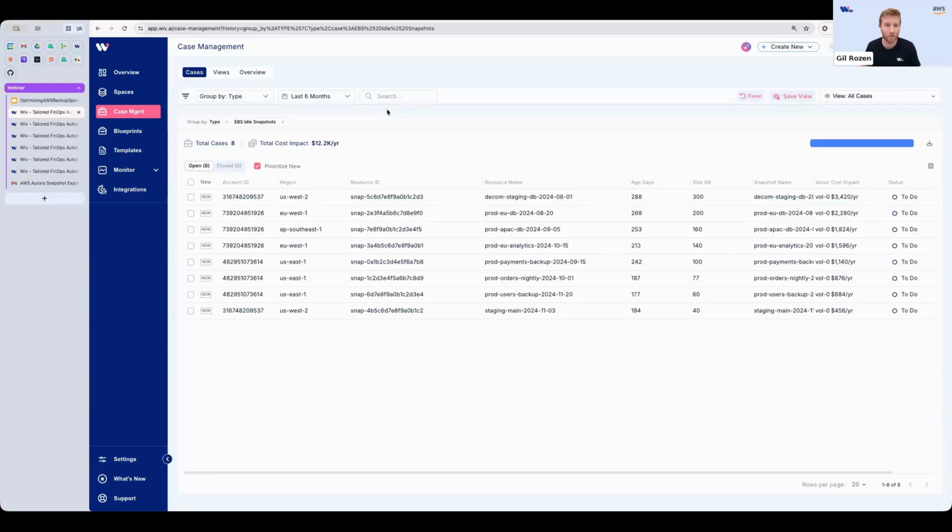You don't know who is the owner. You don't know what are the actions for it. But in Wiv, we want to provide you the tools to apply action upon it. So I can basically select some items from it and decide on the action. I can archive the snapshots, or maybe I would terminate the snapshot, depending on, I don't know, if it's a dev environment, if it's a testing environment. Maybe they are really old snapshots that I could also report and just send on Slack or on email.